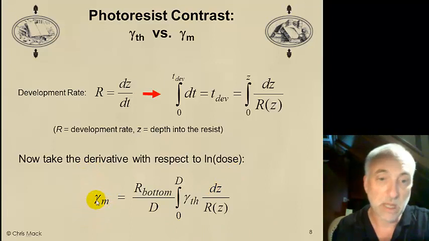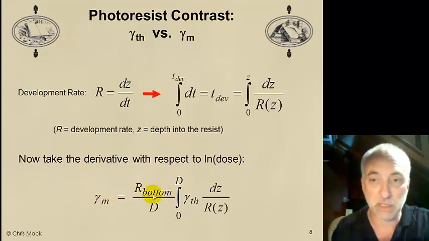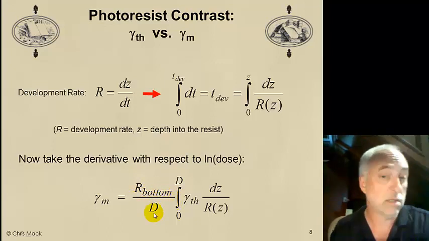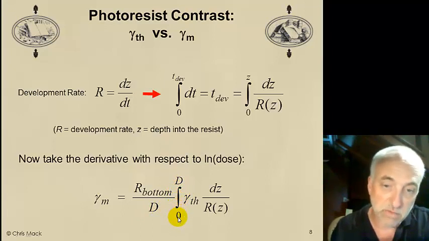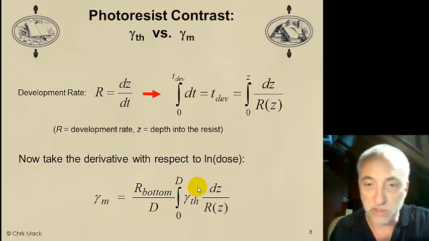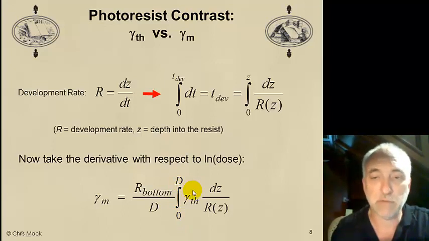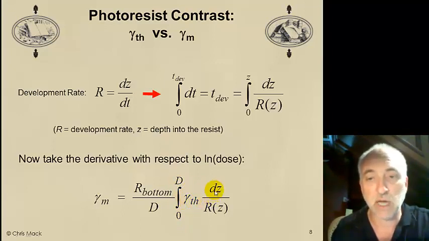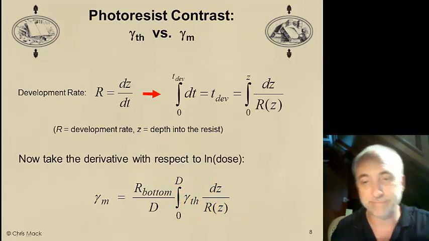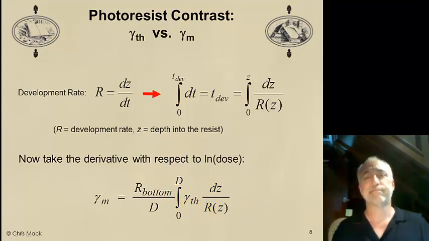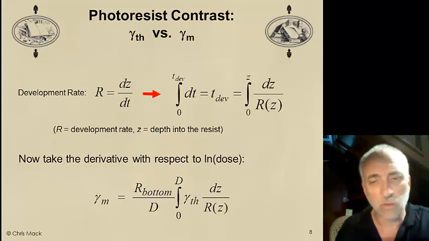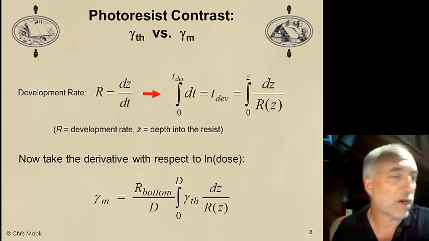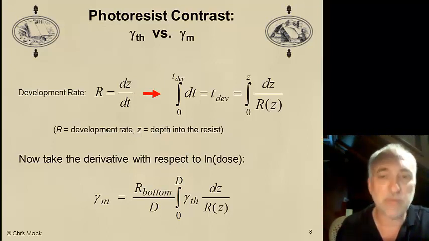What does it say? The measured exposure dose equals the development rate at the bottom of the resist divided by the thickness of the resist. And I integrate from 0 to the full thickness of the resist, that is, integrate until I reach the bottom, of the theoretical contrast times dz over r. What has that taught us? Well, it's just an equation so far, but if we look at it, we can learn something about the relationship